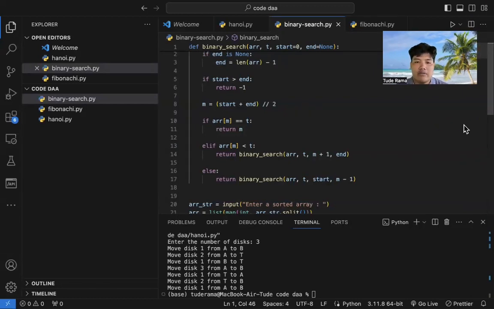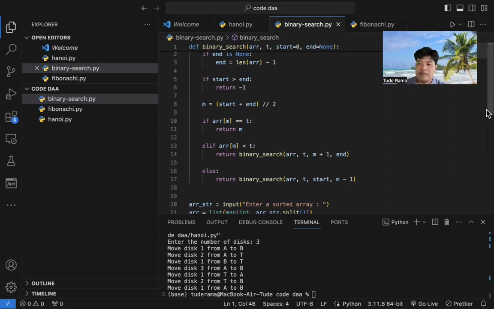The next is lines 5 and 6. It determines if the data is in the array or not. Next is lines 8 and 9. In line 8, we determine the midpoint: start plus n divided by 2.